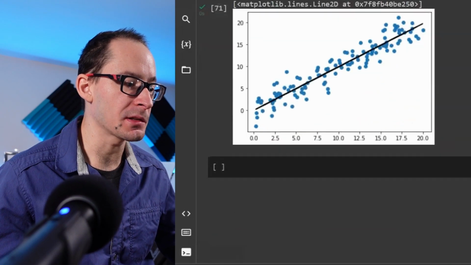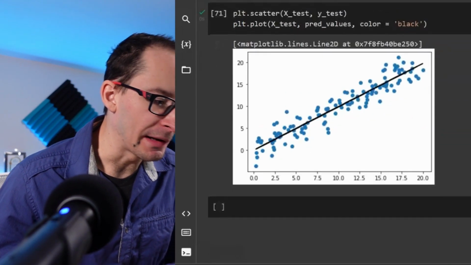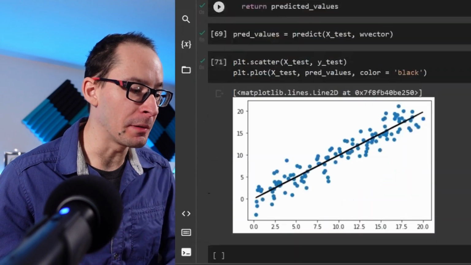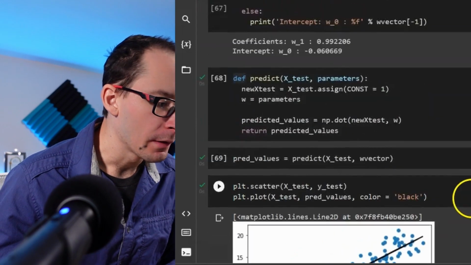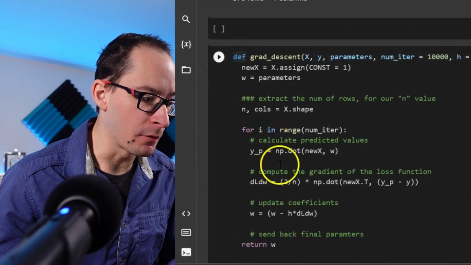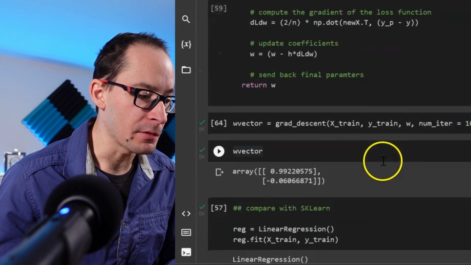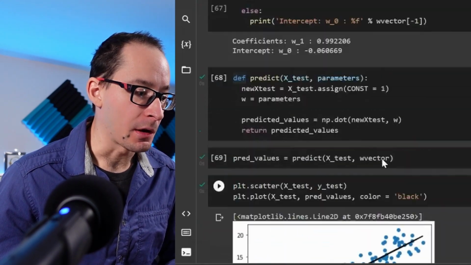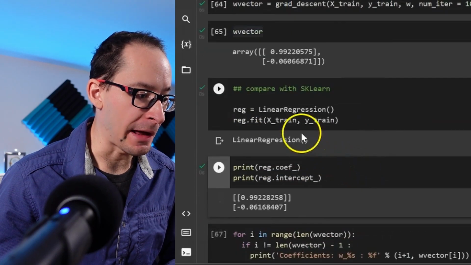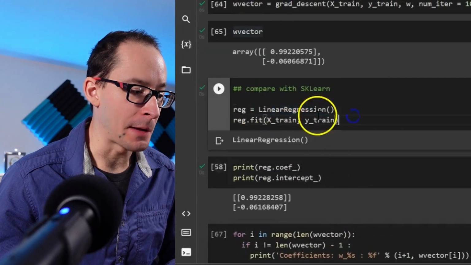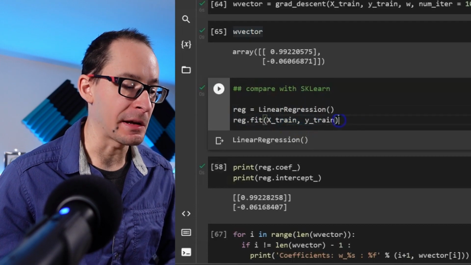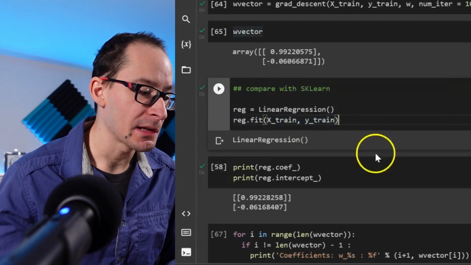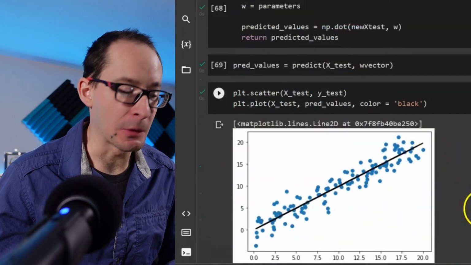So that's what we need to do this. I think we'll pause here, get ready to open up a new notebook maybe. We'll clean this all up. Let's go ahead and save this, and we'll wrap all this stuff into a linear regression object so that we can call methods like sklearn has, where we create the linear regression object, we tell it to fit, input our data, it'll do everything behind the scenes, and if we want to plot something or print our coefficients, we can go ahead and do